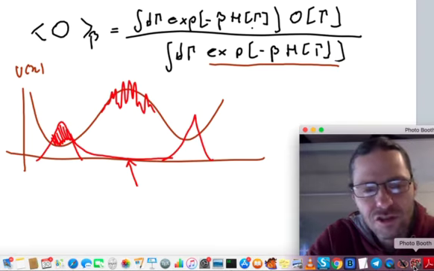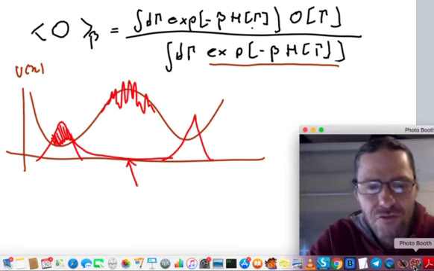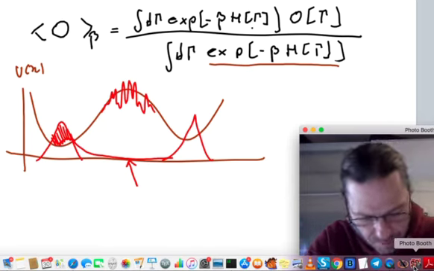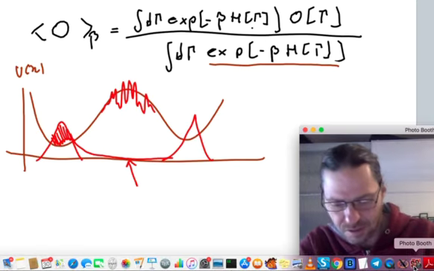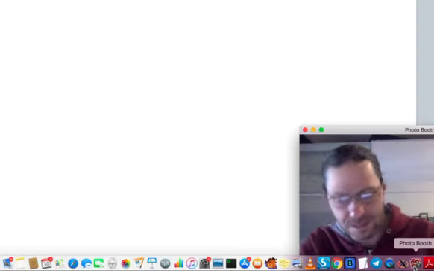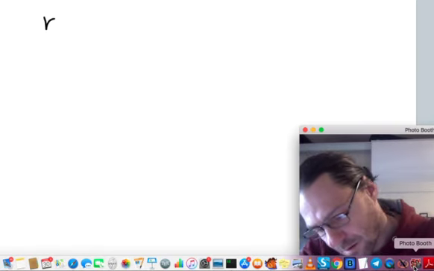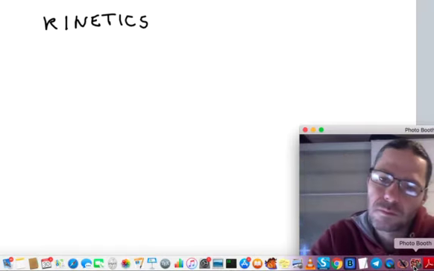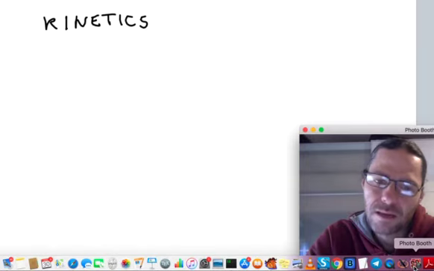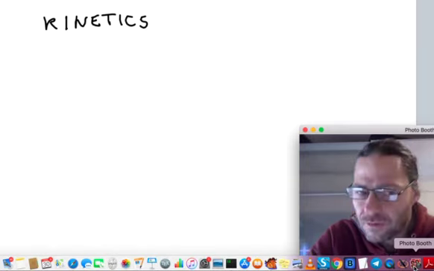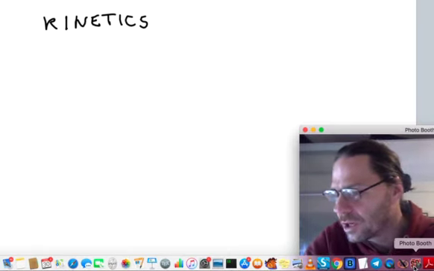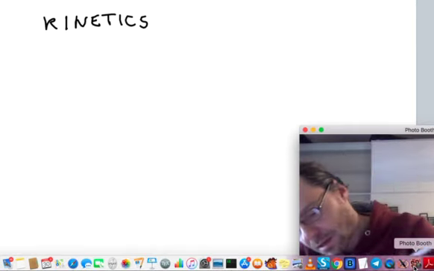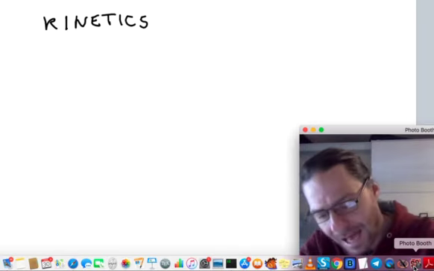But now let's suppose we are interested in quantities that are not just the thermal averages and equilibrium of observables. For instance, we might be interested in the problem of kinetics. And kinetics is basically a field of statistical physics which is concerned not only with timescales but also mechanisms. So, for instance, a prototypical example of reactive kinetics